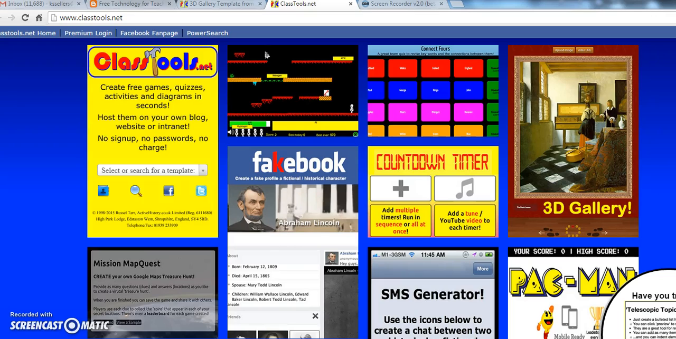Hi class, this is Kim Sellers, and today I'm going to give you a brief tutorial on Class Tools 3D Gallery Generator. First of all, you're going to need to go to classtools.net, right up here, and it's going